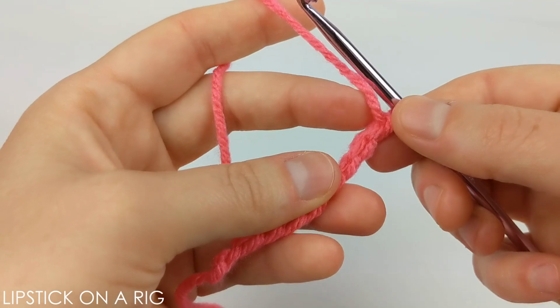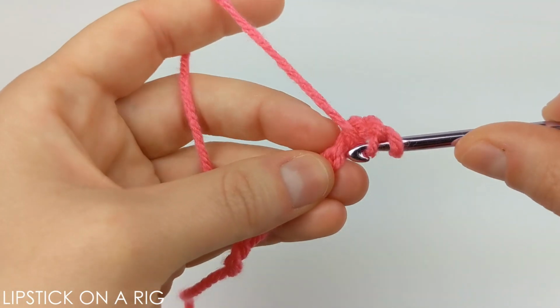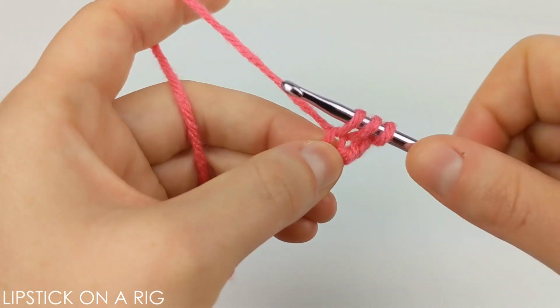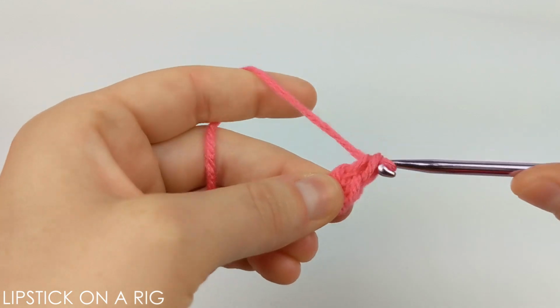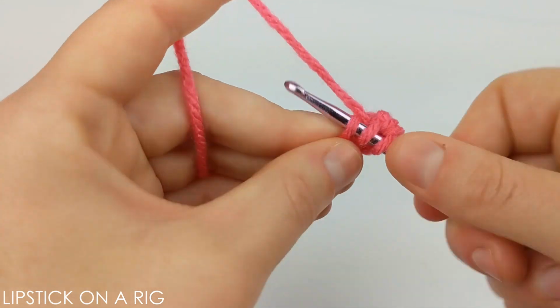From here, go ahead and turn your chain so that you can access these back bumps back here, and we're going to place a double crochet in the third back bump from our crochet hook. Then we're going to continue placing double crochets in the back bumps until we get to the end of our